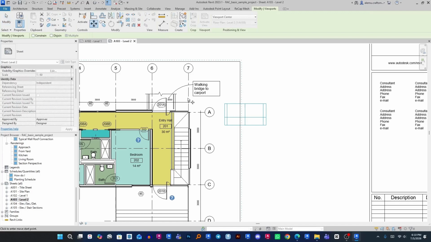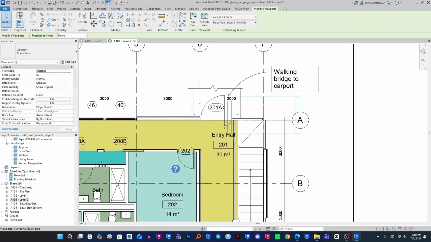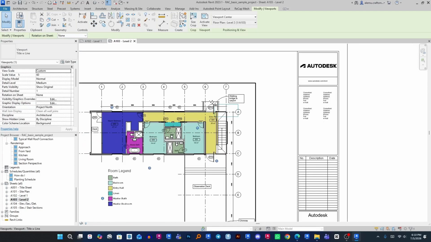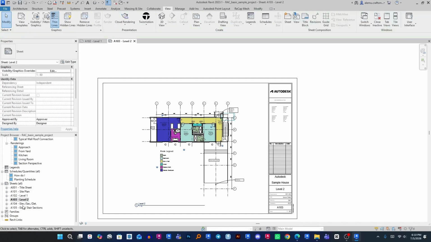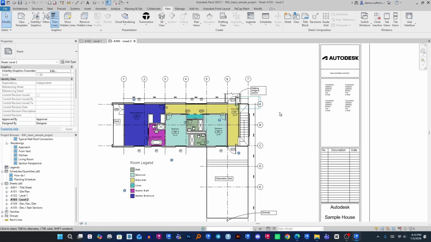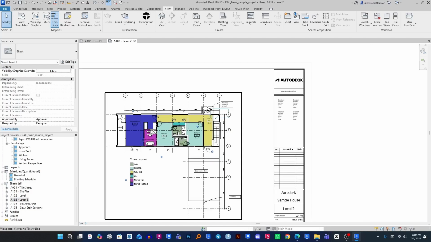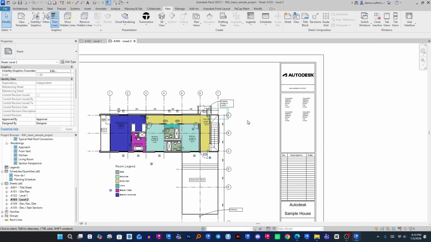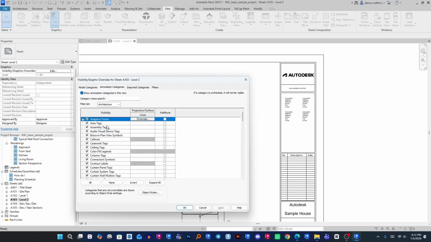and we can move our view pointing here to here. So it's exactly in the same position now. So whenever I have different plans, I need to position them in the same exact position. I can follow this method, and finally I can just hide guide grids from VV, visibility graphics, annotation category, and